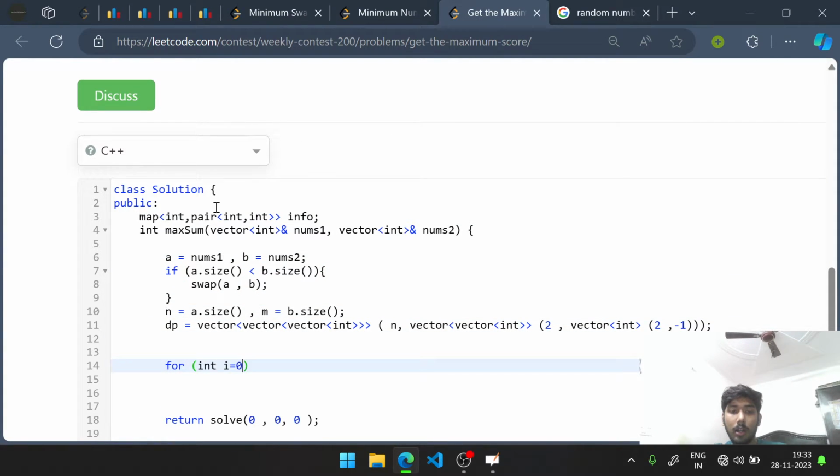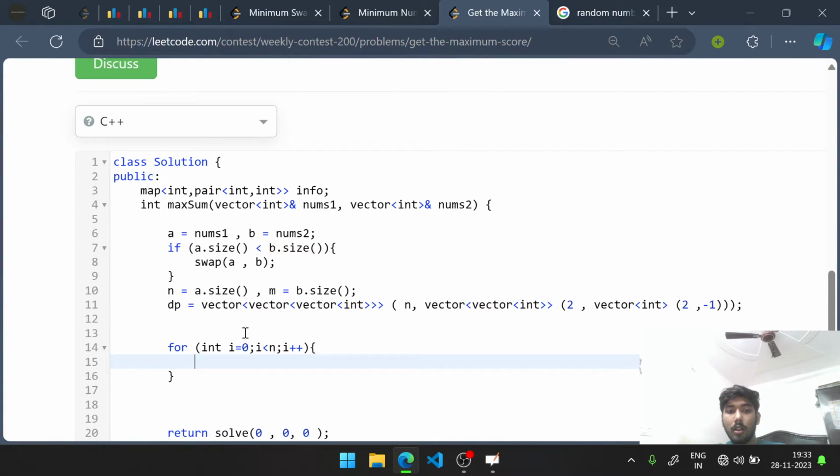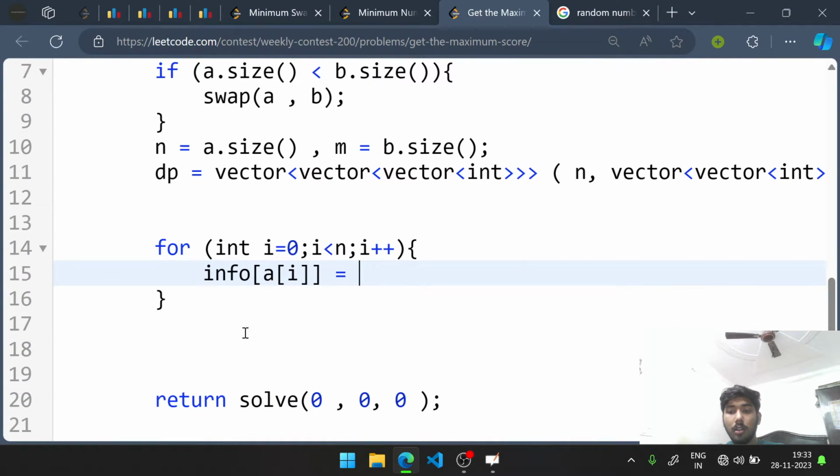So for int i equals 0, i less than array size, if not, no if but here. So if info of a of i is equal to